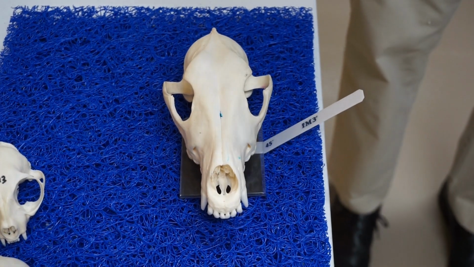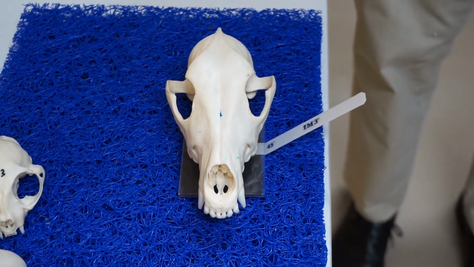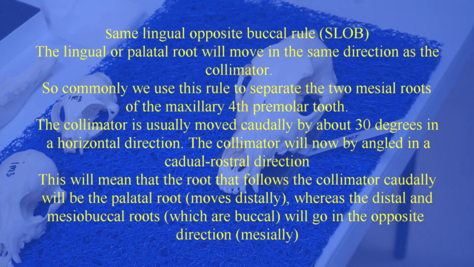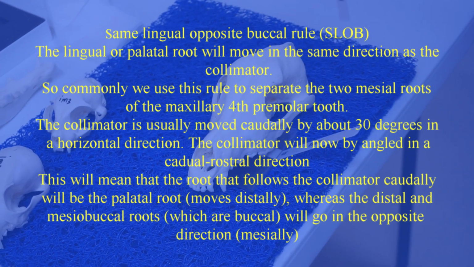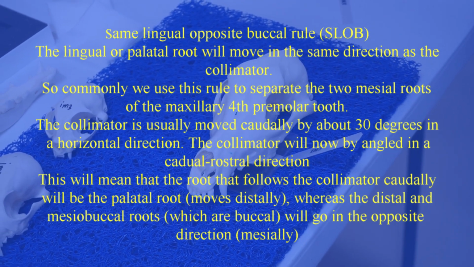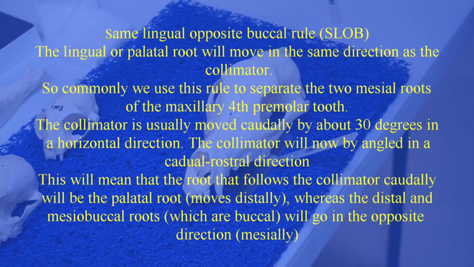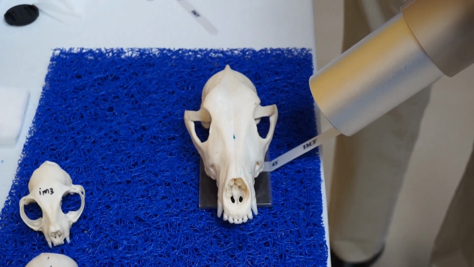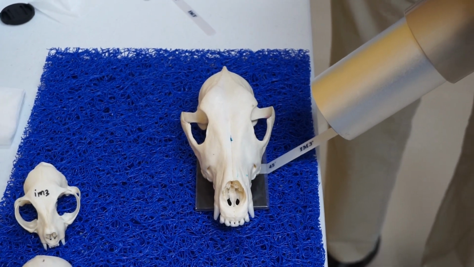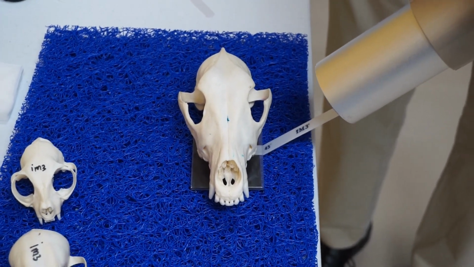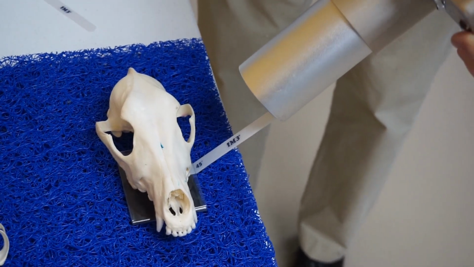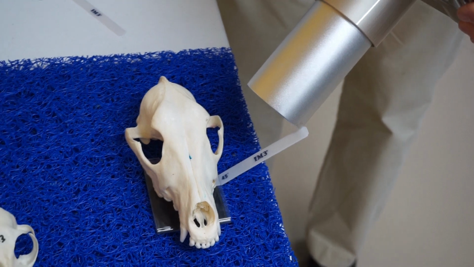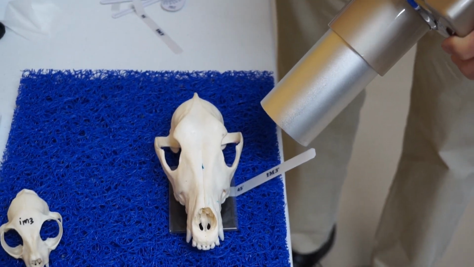Opposite buccal rule, and this will separate the mesiobuccal and the mesiopalatal roots. By shooting from the caudal to rostral direction, you'll separate those roots so you can actually visualize the roots separately. If you just shoot at right angles to the upper fourth premolar, those mesial roots will be superimposed over each other. So if you shoot at the same 45-degree angle, but angle at about 30 degrees from the horizontal,